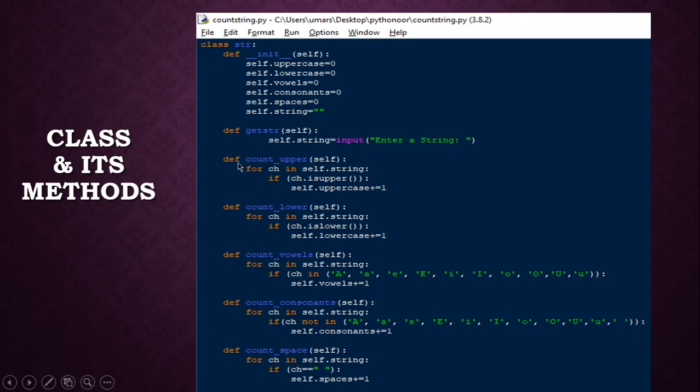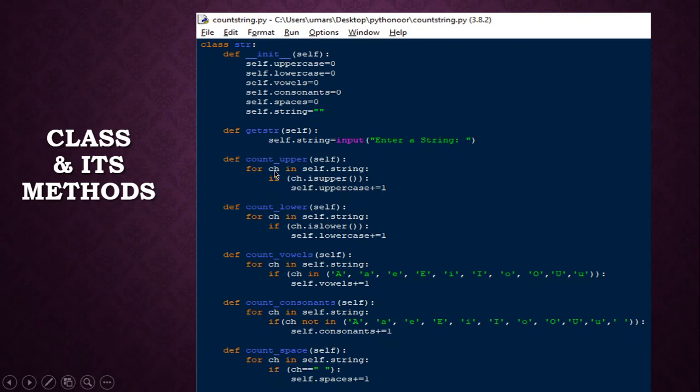Now you can see define count upper. For ch in self dot string, that means for every character, the for loop is used over here. For every character in self dot string you are checking, and you can see the colons at the end of every loop statement and conditional statement. That is the syntax of Python.